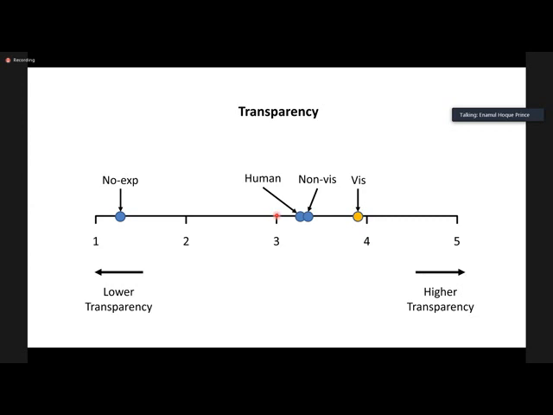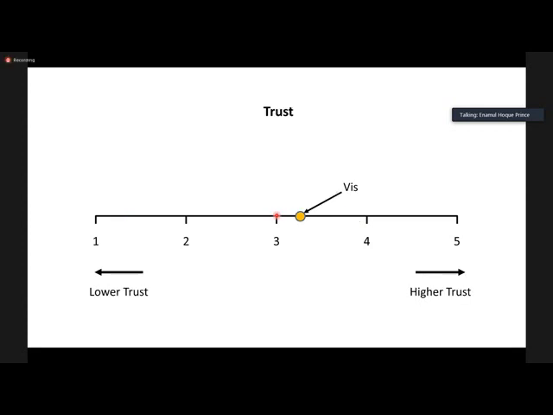Again, in terms of trust, we found that visual explanation was quite similar to human explanation, whereas no explanation was not very helpful. So overall, the takeaway is that if we explain how the model answers the question, then it improves the transparency and the trustworthiness of it.